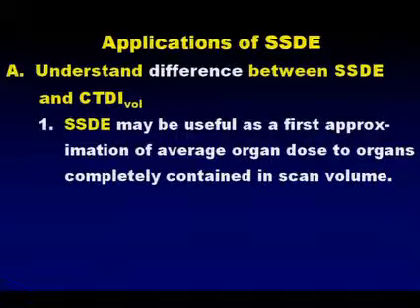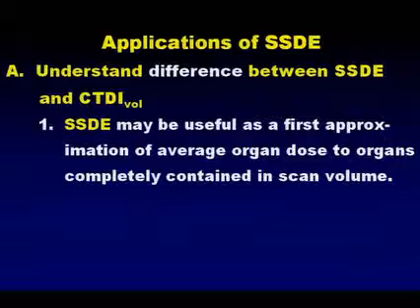SSDE can be used as a first approximation. Now notice I said first approximation of the average organ dose to the organs completely contained in a scan volume. If I irradiate the abdomen, because the liver as an organ is relatively large and it covers a large cross-sectional area of the axial scan, the SSDE is not going to be a horrible first approximation of the organ dose